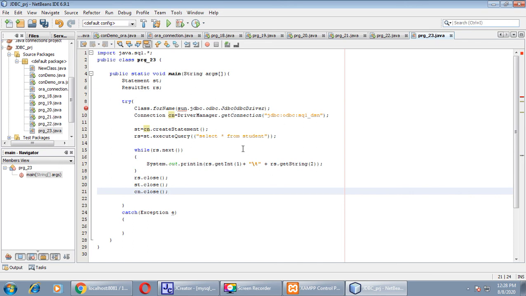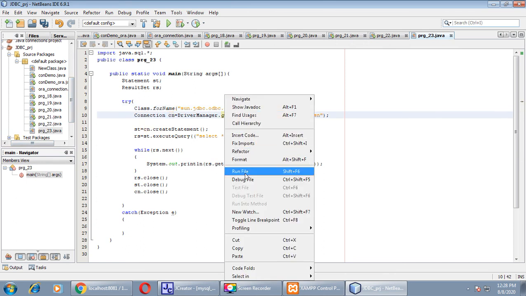That's it. Yes, it is showing an error. Yes, we forgot to put the pair of quotation marks. The program is complete. Right click on editor window and run your file.